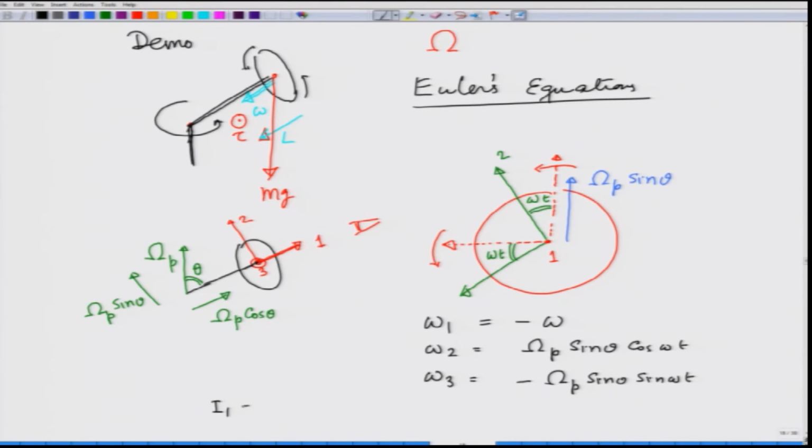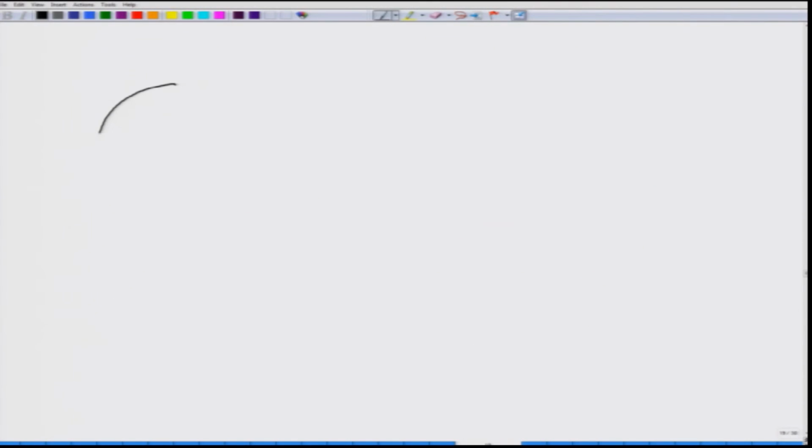I1 is equal to I0, which could be mr squared by 2, and I2 equals I3 because it is a symmetric wheel, and let us call this I. So, I have I1, I2, I3, omega 1, omega 2, omega 3. Let me write this again by making this picture. I have this bicycle wheel